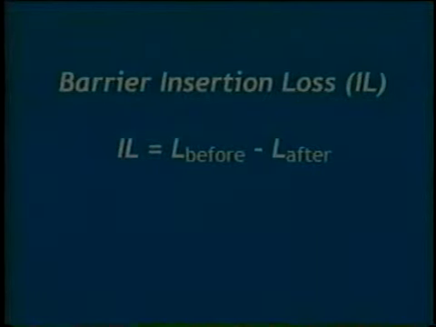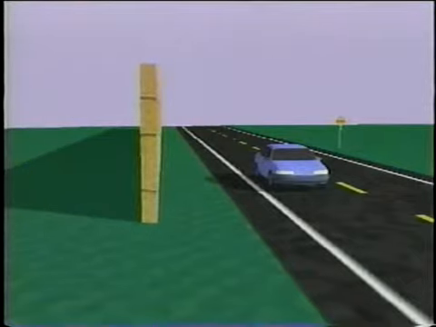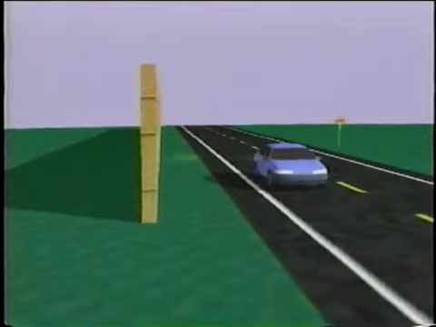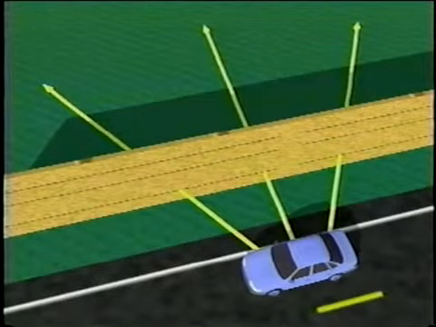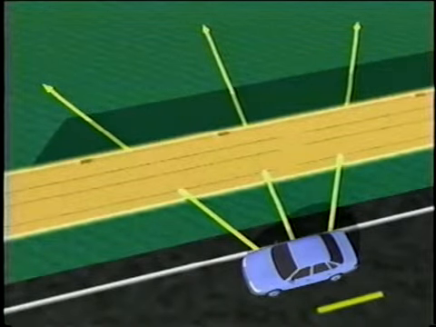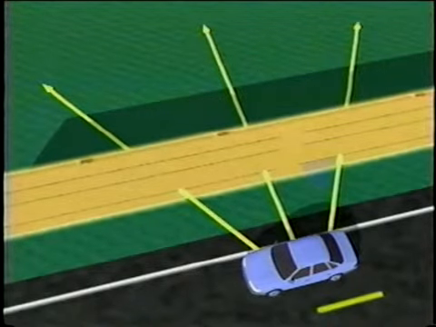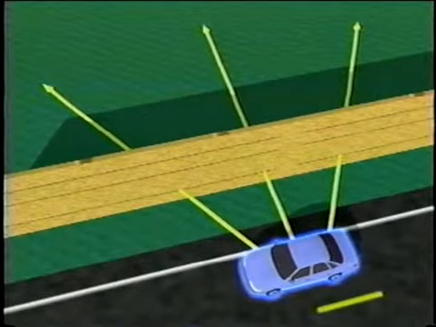Another way sound from the source can reach the receiver on the other side of the barrier is by a rather direct, although obstructed path. When the incident sound hits the barrier, some of the acoustical energy can be transmitted through the barrier material and continue to the receiver. The amount of transmission depends upon factors relating to the barrier material, such as the weight, stiffness, or loss factors, the angle of incidence of sound, and frequency spectrum of sound.